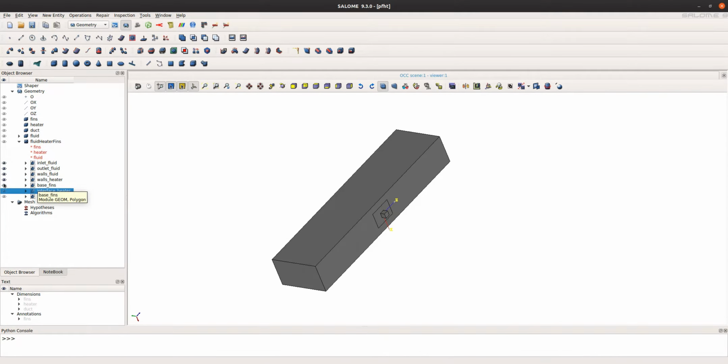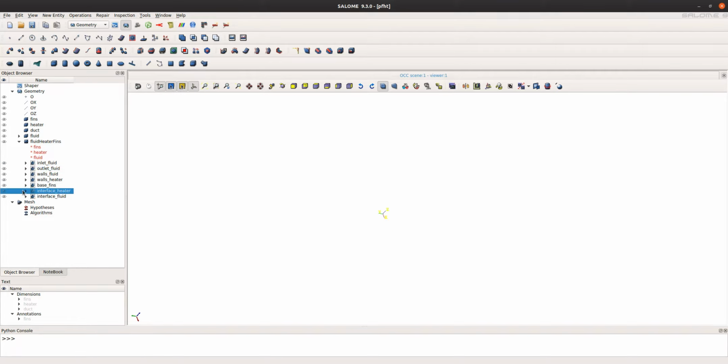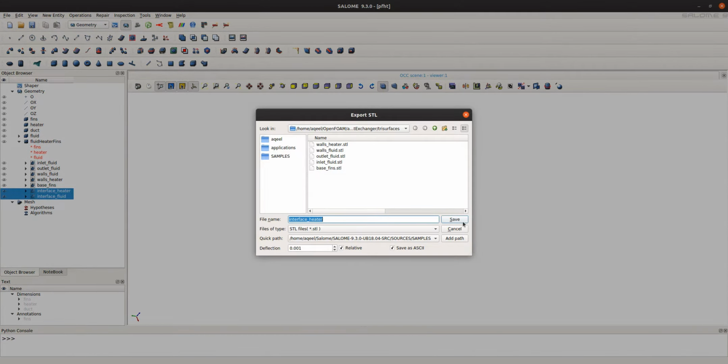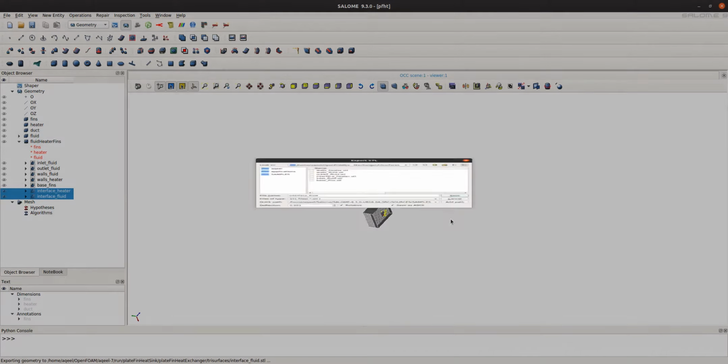Similarly, I can save these surfaces as well. So I have interface for heater, and I have interface for fluid.